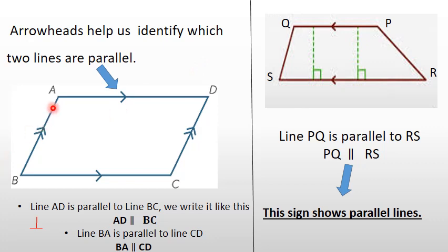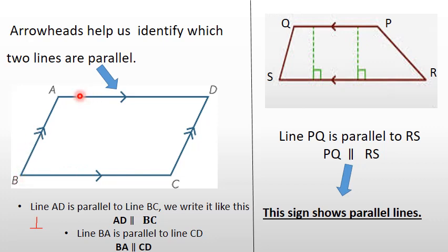But if I consider these two lines AB and BC, they are meeting at a point. That means the lines are not parallel, because they are meeting, and parallel lines never meet. And one more thing, are these two lines perpendicular? No, because the angle here cannot be a right angle. The angle here would be less than 90 degrees. It is not a right angle. So that means these are not perpendicular lines and these are not even parallel lines.